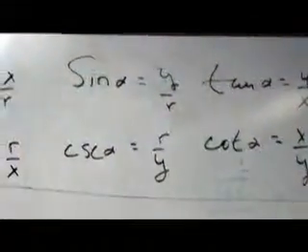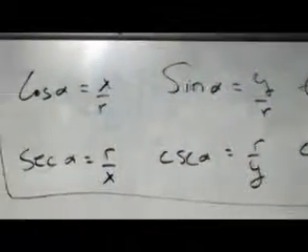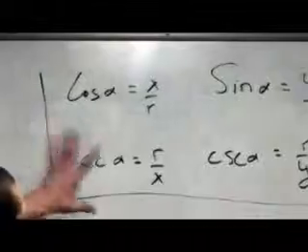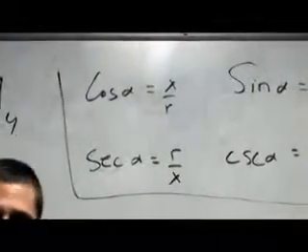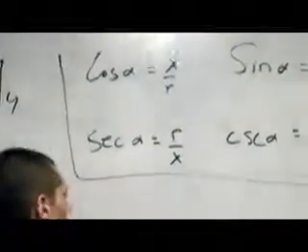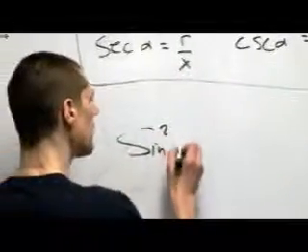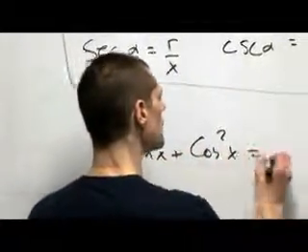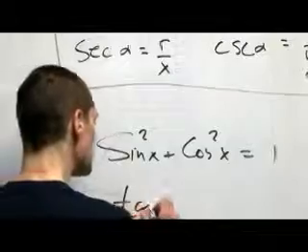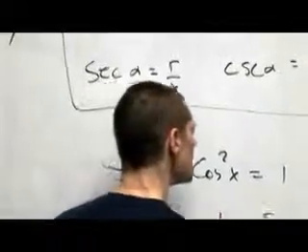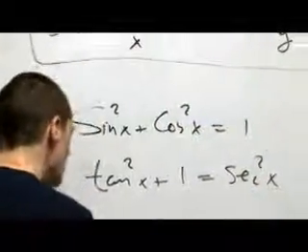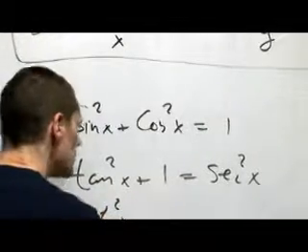You're going to be dealing with these all semester, all through this course, and you'll definitely need to know these and their relationships together. Along with, for now, what do we have? Sine squared x plus cosine squared x is equal to 1. We know that tangent squared x plus 1 is equal to secant squared x, and we know that cotangent squared x plus 1 is equal